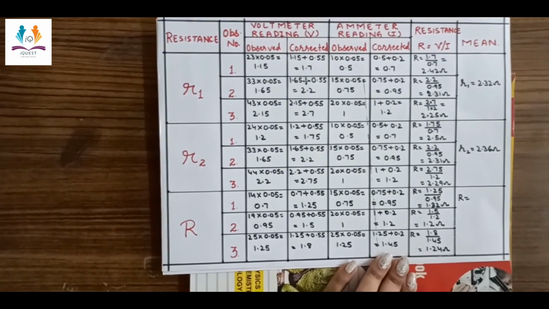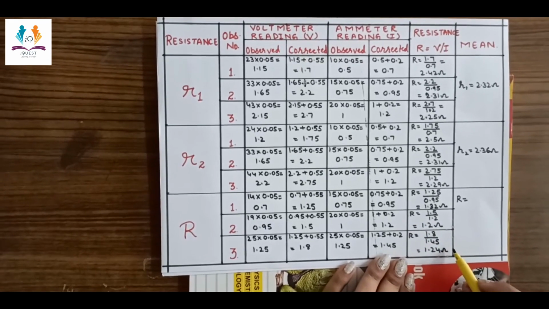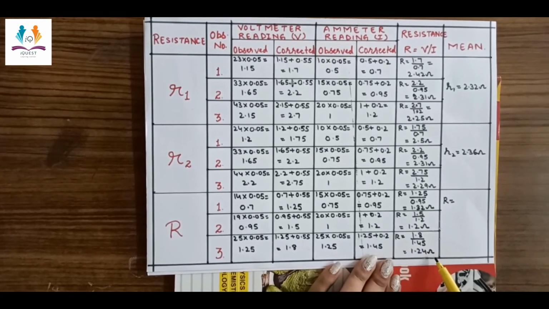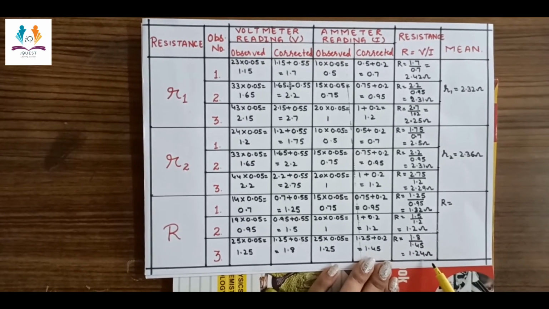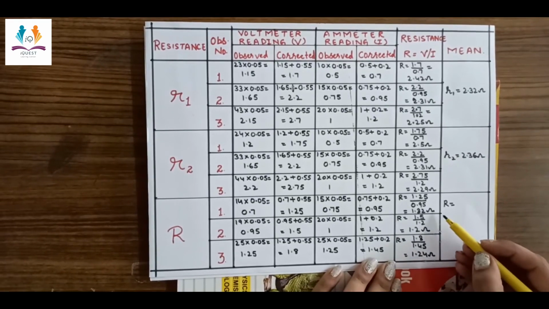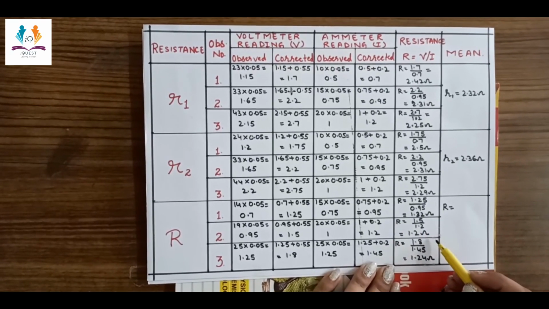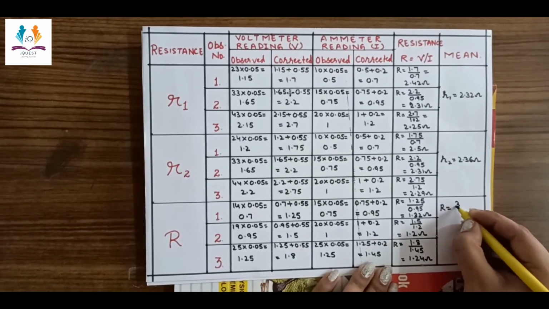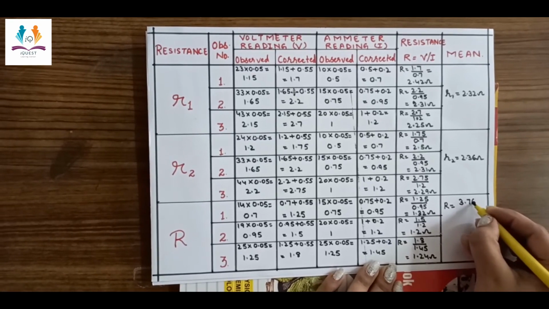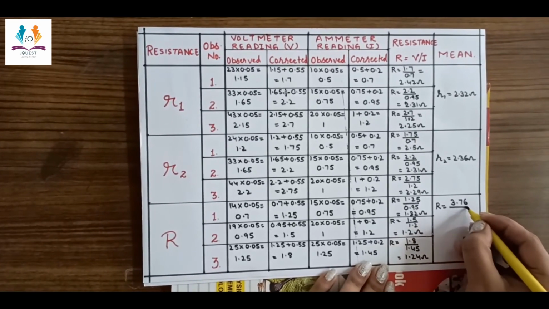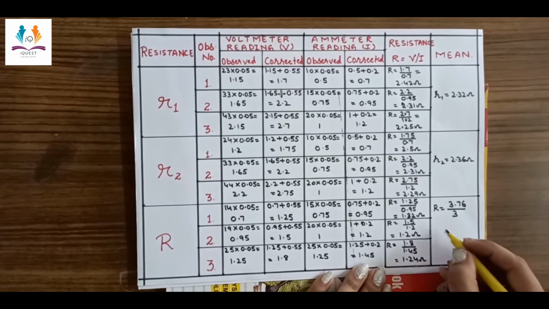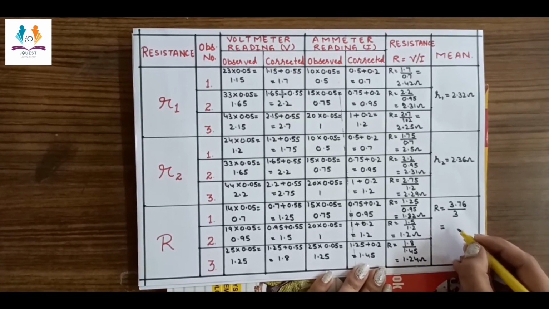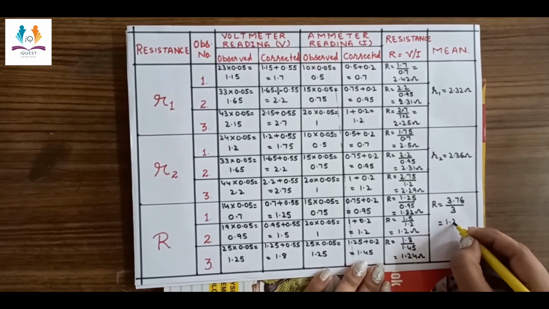Now to find out the mean from these three values of the resistance, we will add these three values and divide it by 3, that is the number of observations. When we add 1.32, 1.2 and 1.24, we get 3.76 and the number of observations is 3. So we are dividing it by 3 and when we solve it, we get 1.25